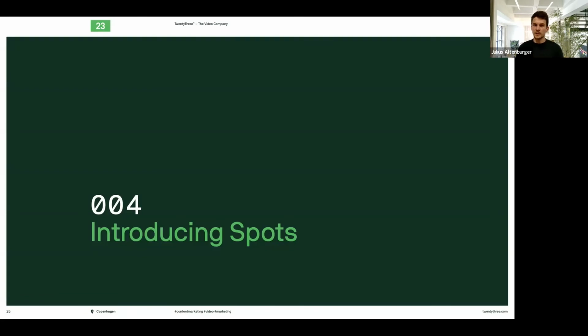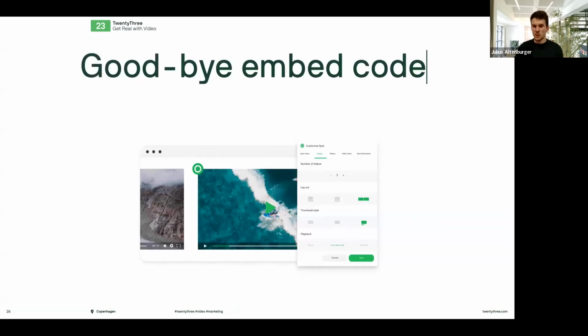The idea has been floating around with us for a long time that getting videos on the web can sometimes be challenging, and managing a lot of different videos can be, let's not say hard, but especially for people who are not that used to building websites, we also want to help them and enable them to work together in the best way with a webmaster or someone managing the website experience, and make that as easy and seamless as possible. So what is our claim here?